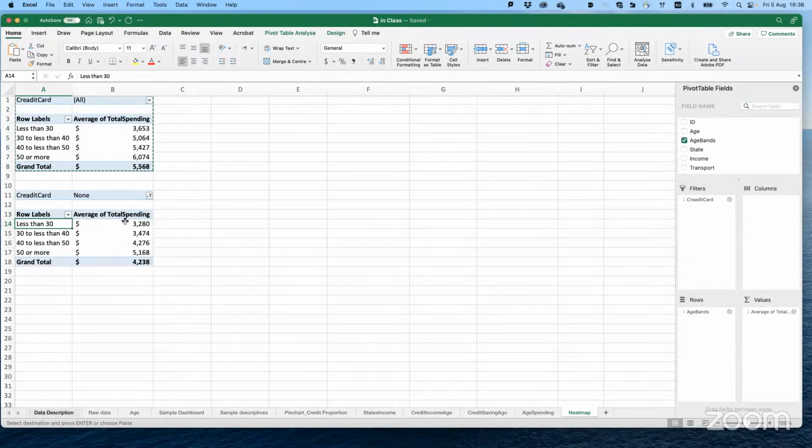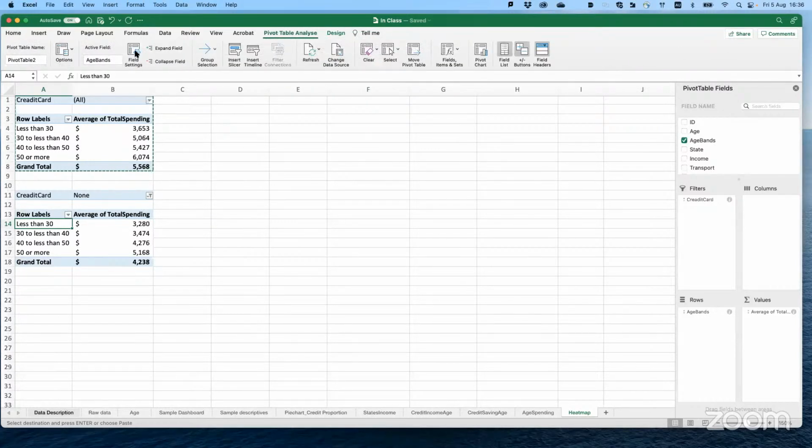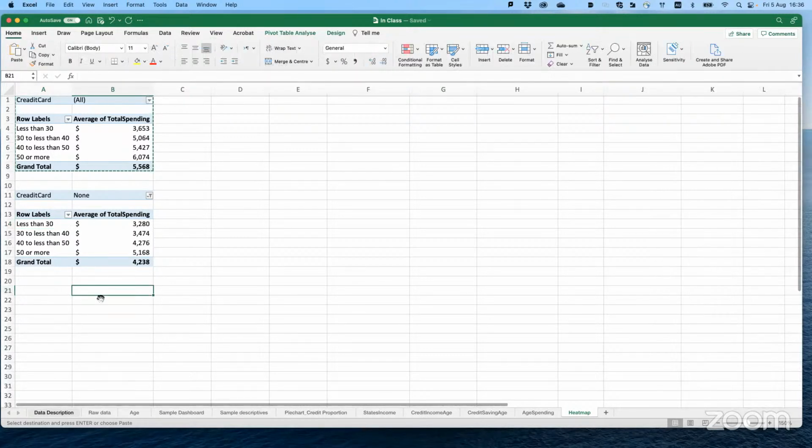It means that it is just for the group that doesn't have a credit card. You go to design, to pivot table, change it to heat map none.